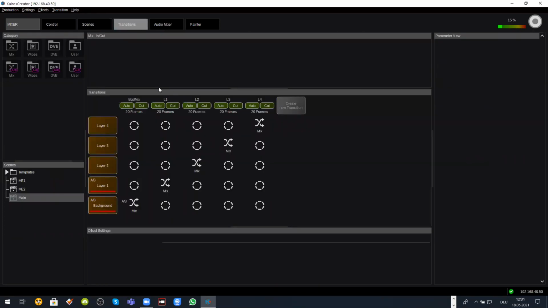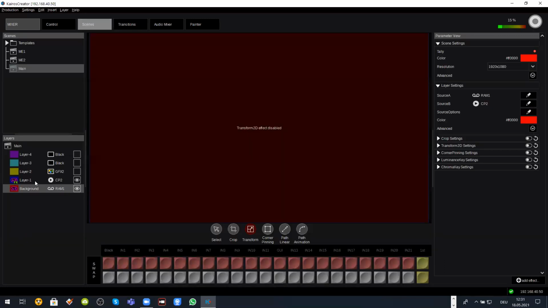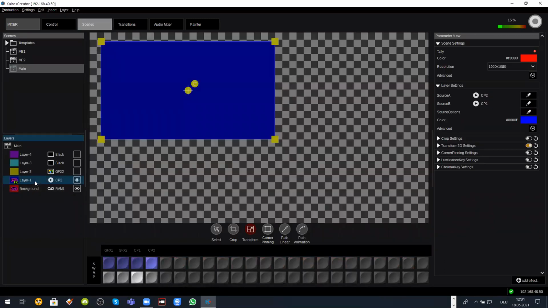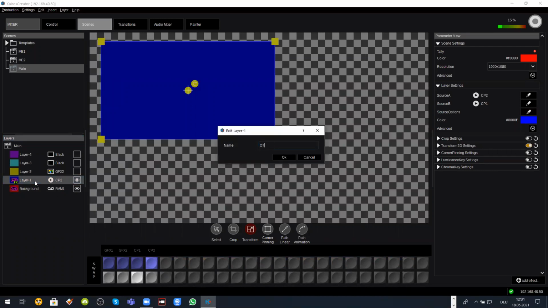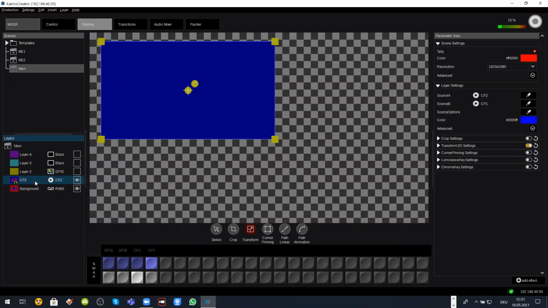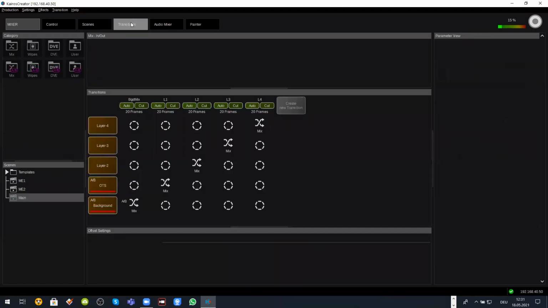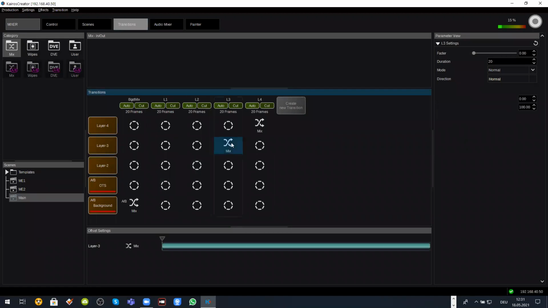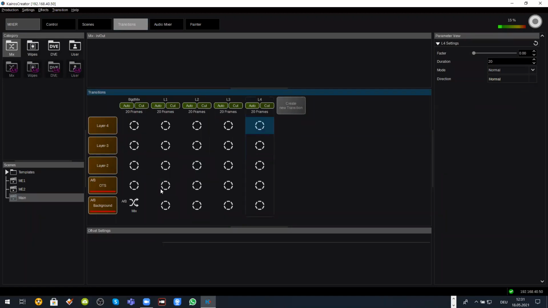saying at this moment I'm on my layer number 1. And let's call this layer the OTS layer. Layer 1 is just a default name. Layer 1, call this OTS, and OTS left or whatever. So now I can identify this beast here also, saying, okay, OTS has the AB functionality enabled. And now I have 2 types of transitions. So let me delete or reset the other ones. I have the so-called on-off categories, and I have the so-called AB categories, saying, okay, I want to build an on-off transition